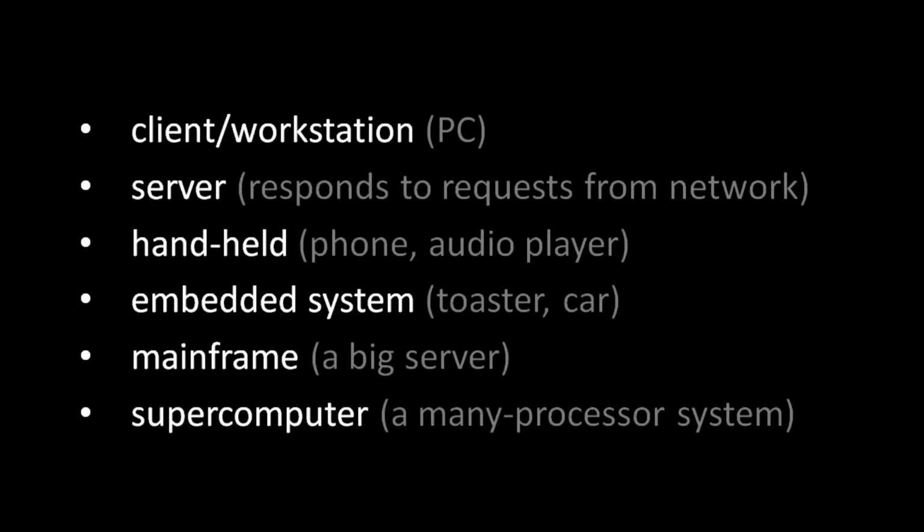However, clients and servers typically have different performance needs. Whereas a desktop might have a fancy graphics processor to play games, a server might have a large amount of memory to better store a large database. Handheld systems like smartphones and embedded systems like your car's computer are also comprised of the CPU, memory, and I/O devices. Again, the distinction is mainly in the form factor, the size and shape of the encasing, and also in the performance needs. For example, your toaster doesn't need much processing power, and your smartphone needs power efficiency much more